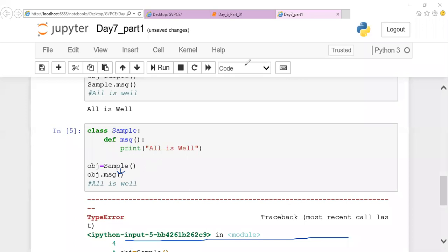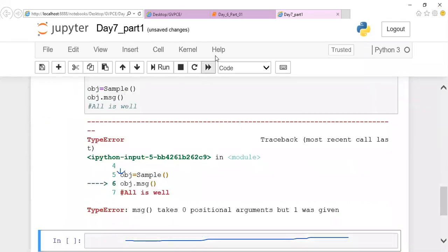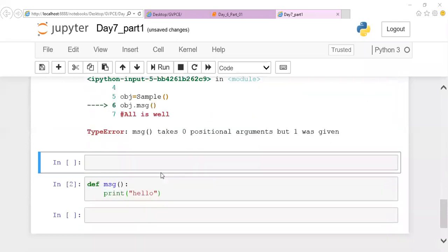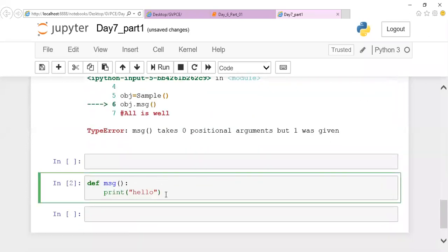So we know that if you're going to write a function, for example a sum operation, just a minute.